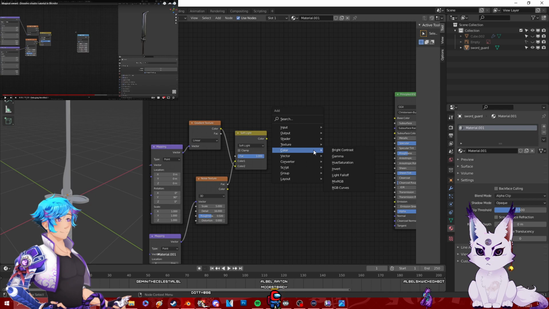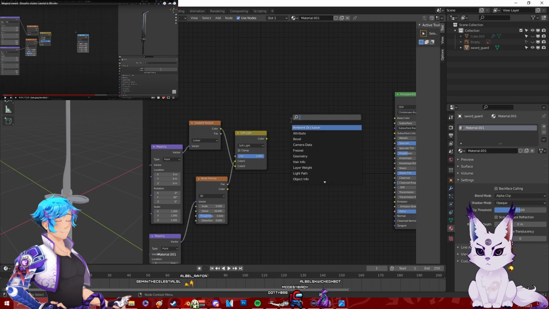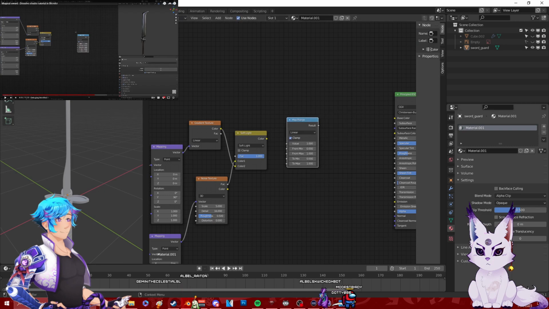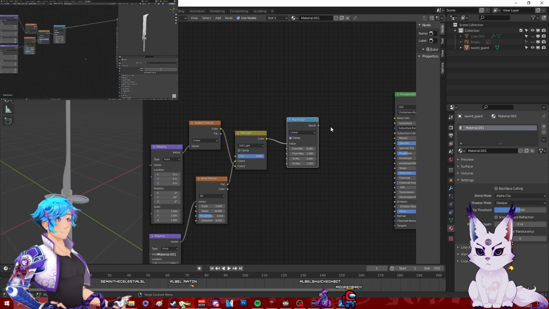Let's see, so texture. No. Map range, boom. Because it allows us to manipulate the range of the output as on the color ramp, but